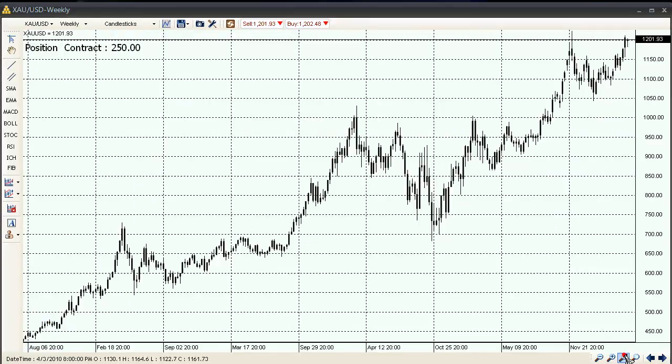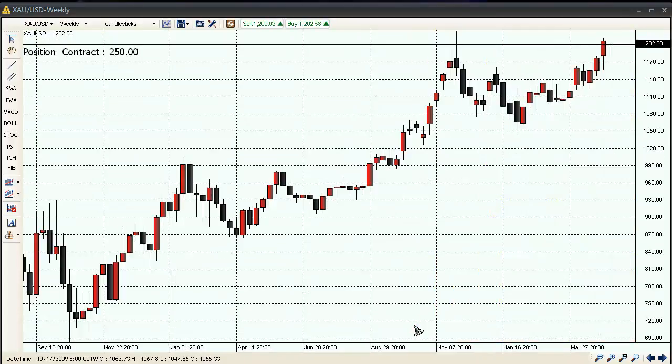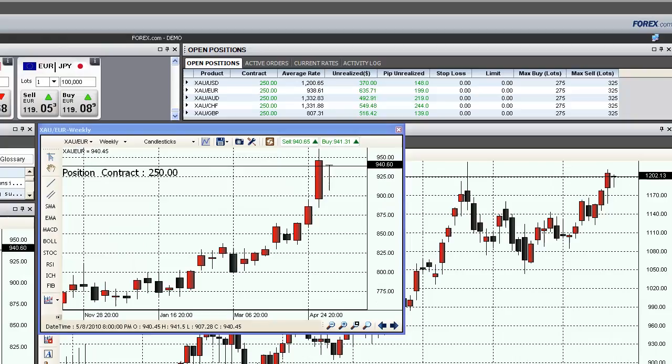So traders, what are my recommendations? Well, we're in uncharted territory in the euro dollar here. We've got a significant double top, which I think is going to get breached over the next couple of days in the U.S. dollar gold spread. I am recommending we reposition ourselves on the long side, both in the euro dollar gold spread as well as the U.S. dollar gold spread. We currently have a significant rally going on across the board in gold as gold begins to trade higher, 1202, and on the euro dollar